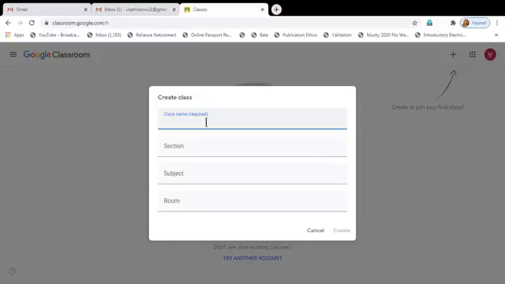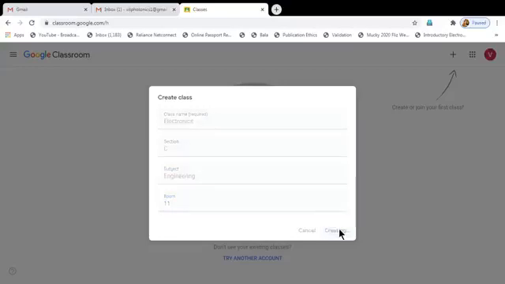It is asking for class name to create the new classes. So give the class name. Room 11.